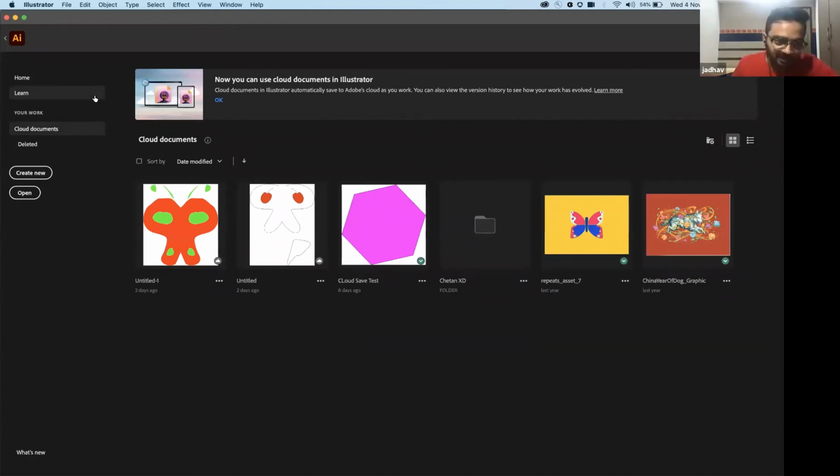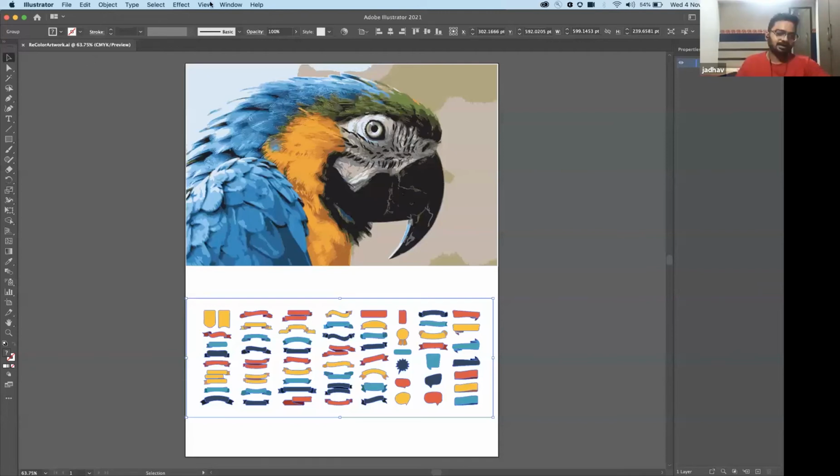Anyways, let's go back to the desktop version of Illustrator and see some of the new features within Illustrator. What I can do is show you the Recolor Artwork feature, which is the brand new feature at Adobe Max. Now you have certain artworks in which you have given some color themes, but let's say you are inspired by some other color themes and you want to apply that theme to your artwork. That is very easily possible now with the new versions of Illustrator.